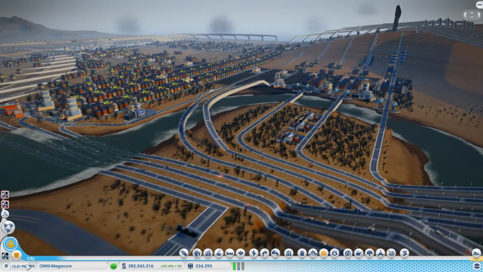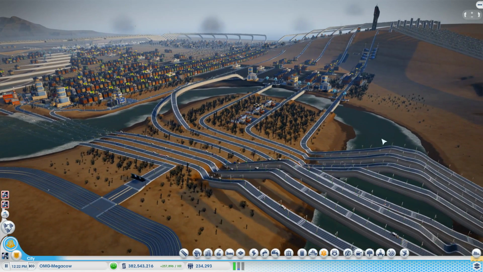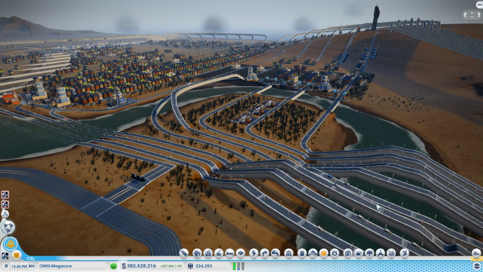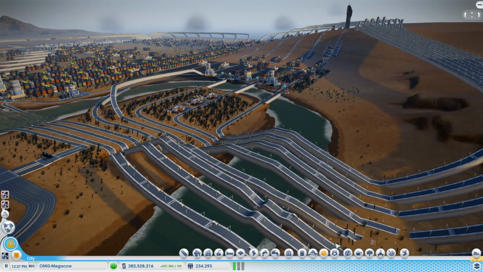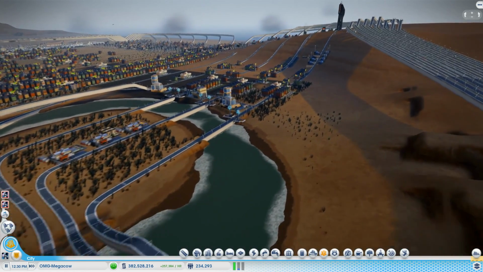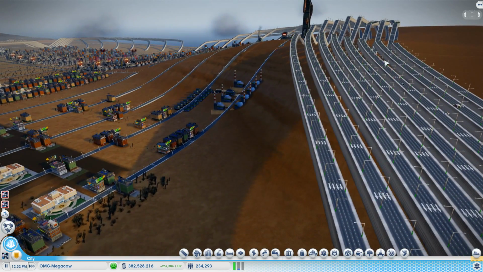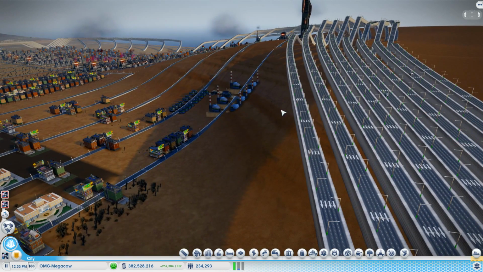But before we start, I just want to show you the traffic. Let me zoom in a bit. Have a look. See how even the traffic is now? The traffic used to be very bunched up on this inner road, but now it's even. Although actually now I've said that, there's no cars on this inner road. Here they come. Yeah, it's nicely evenly distributed.